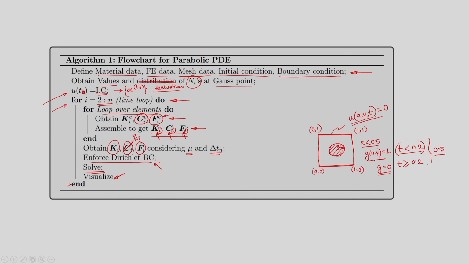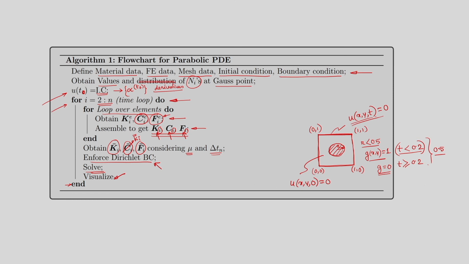So, the heat generation term we have defined, and the Dirichlet boundary. In this case there is no Neumann boundary; all the edges have temperature at 0. Initially the domain is at 0 degree temperature. Suddenly this heating element started heating the domain, defined as 1 for time t less than or equal to 0.2, after which the heating element got switched off. And we want to see how the temperature in the domain is changing with time.